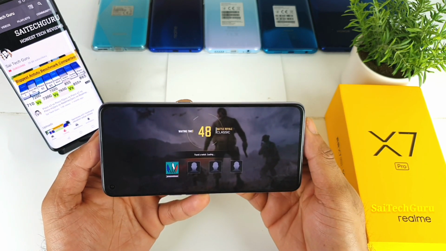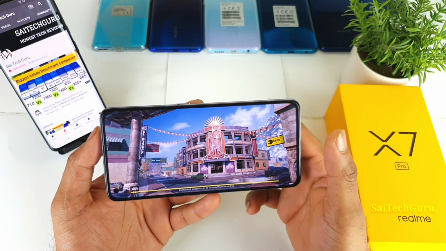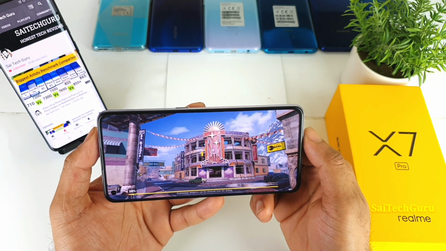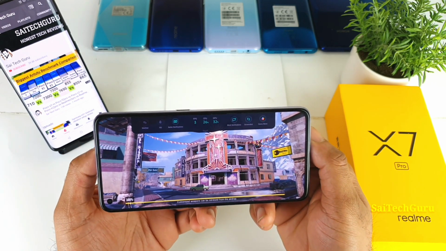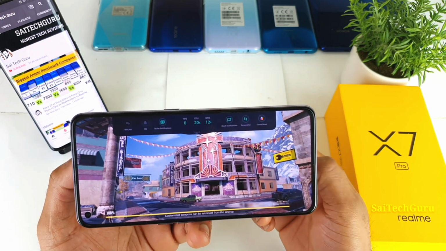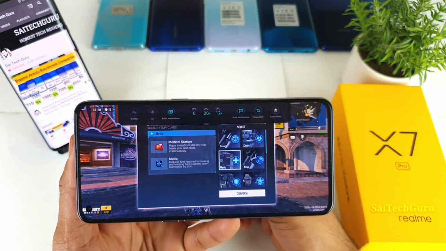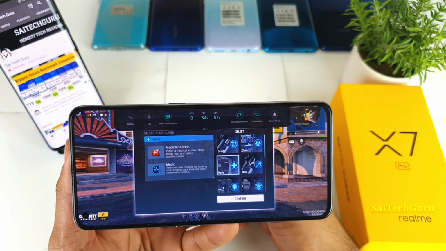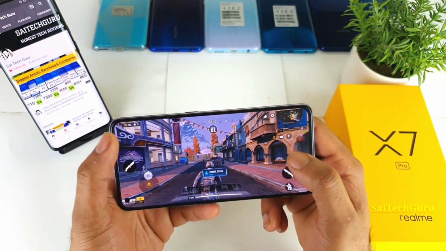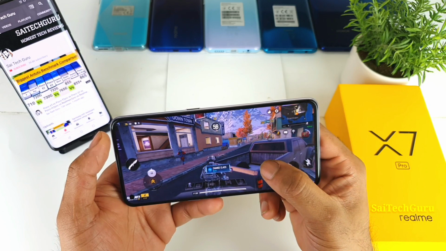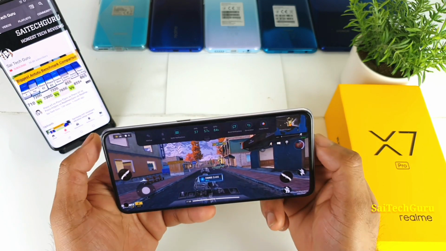As you can see right now, it's still loading. So again, I think now the match got connected. So let me quickly show you the FPS and CPU, GPU. You can even observe the CPU, GPU usage and how they are performing right now. So let me quickly run it and show you the result of the FPS count.